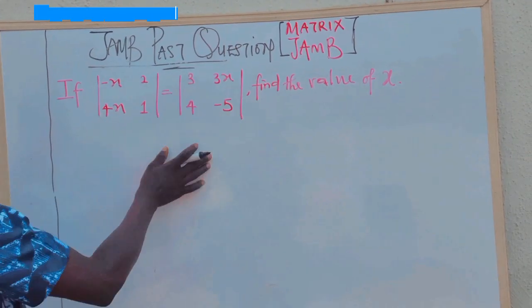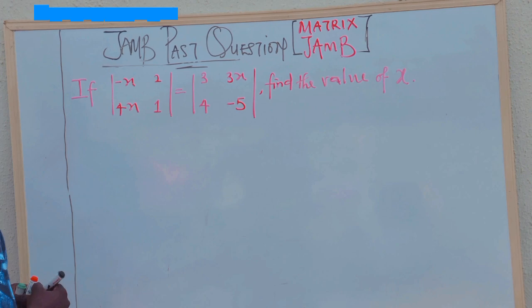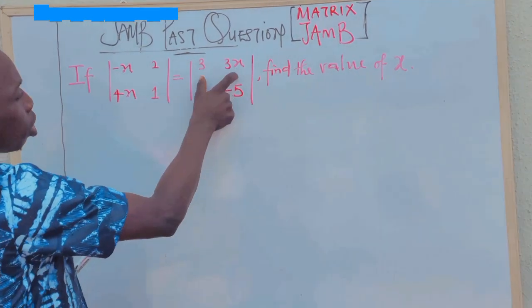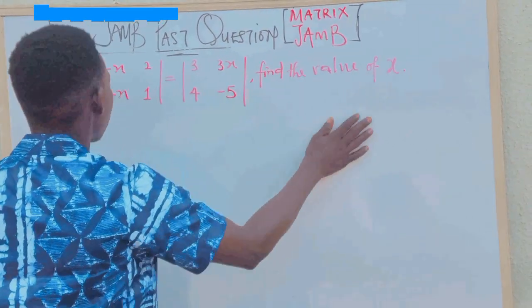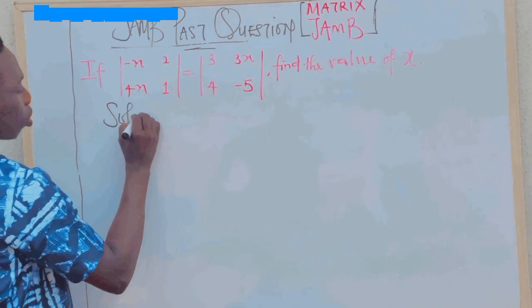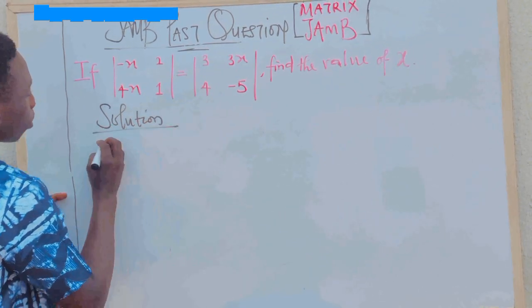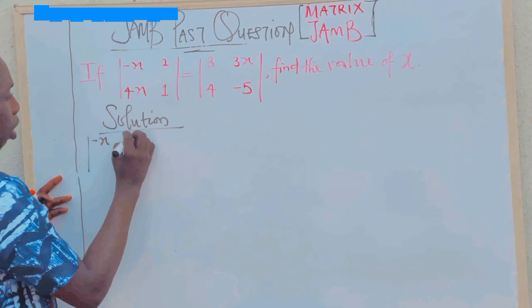Question on the matrix. Now the question says if the determinant of this matrix is equal to the determinant of this matrix, we're asked to find the value of x. To solve this question, we are asked that if the determinant of this